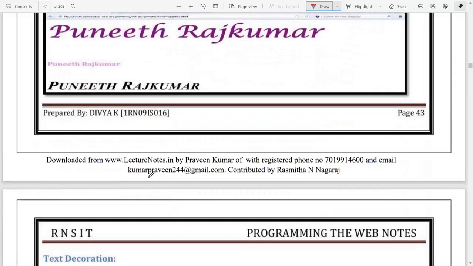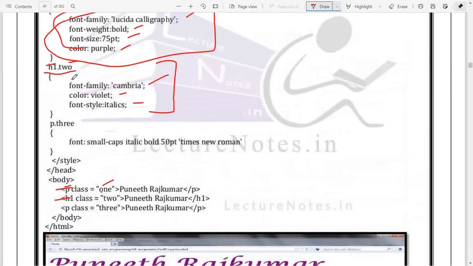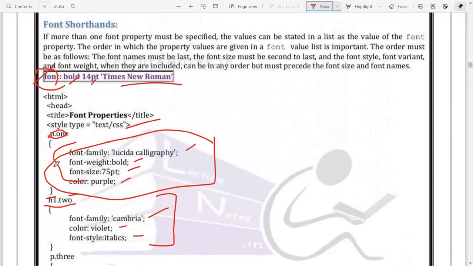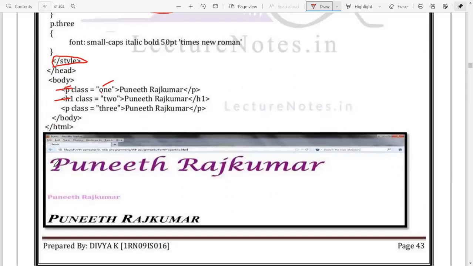According to that you can see the output here. All this information is written inside the opening and closing of the style tag. First we write the style in the style tag, and it is followed by the body, which will contain the content as well as the tags.